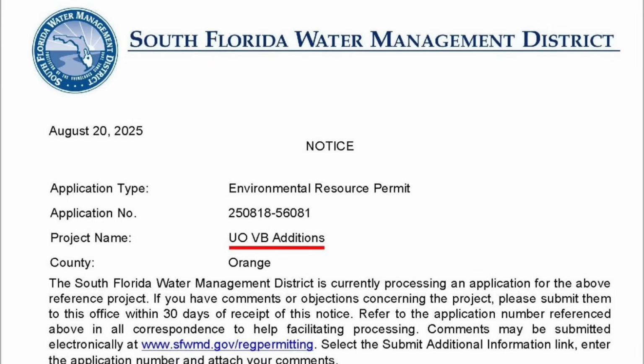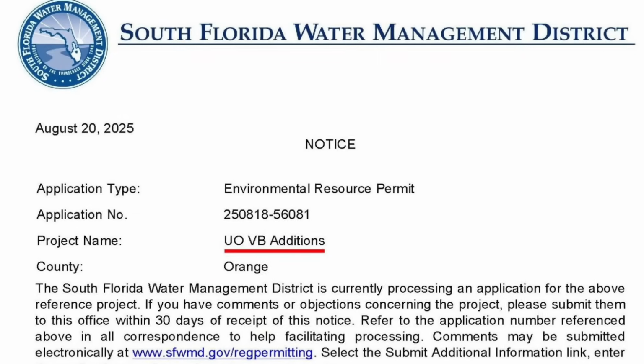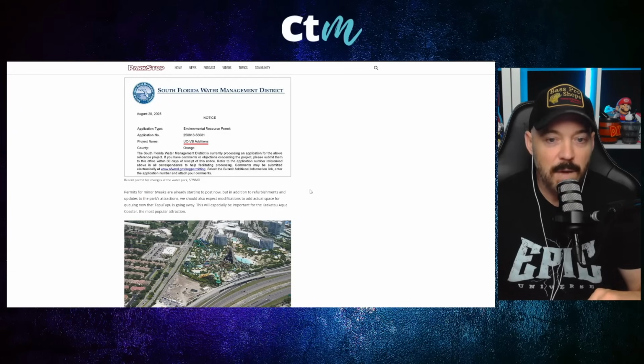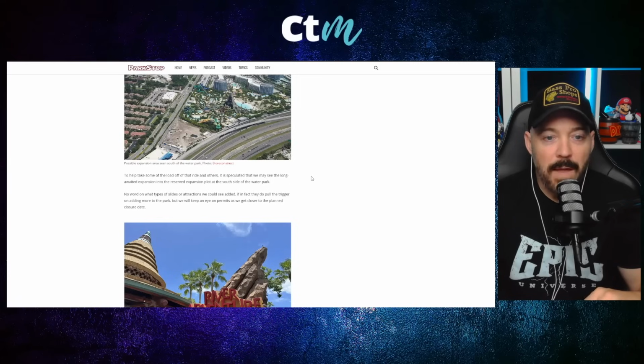Permits for minor tweaks are already starting to post now, but in addition to refurbishments and updates to the park's attractions, we should also expect modifications to add actual space for queuing now that Tapu Tapu is going away. This will especially be important for the Krakatau Aqua Coaster, the most popular attraction. To help take some of the load off that ride and others, it is speculated that we may see the